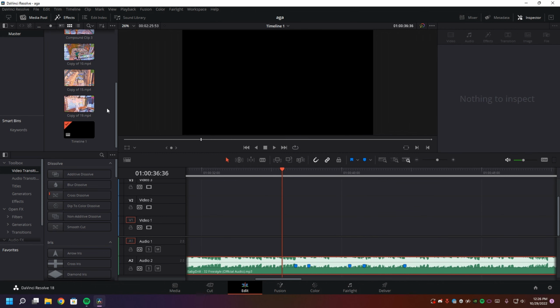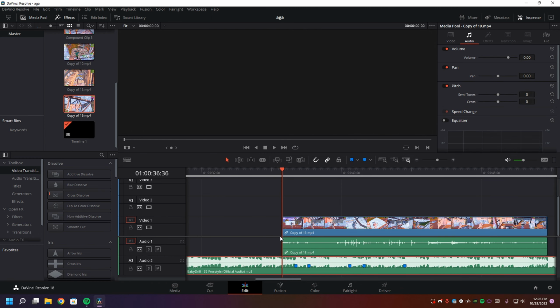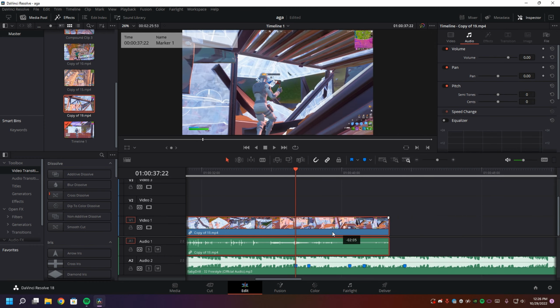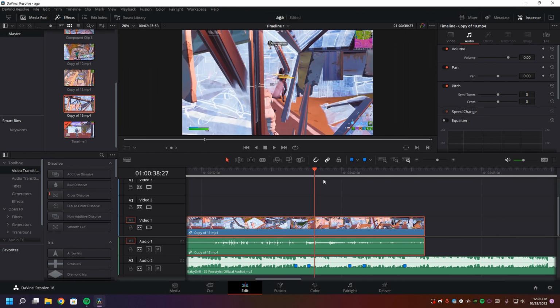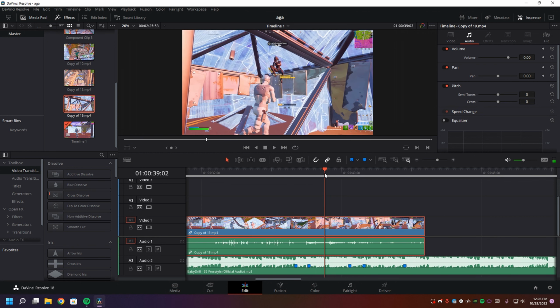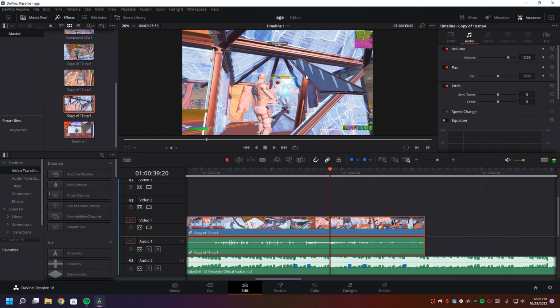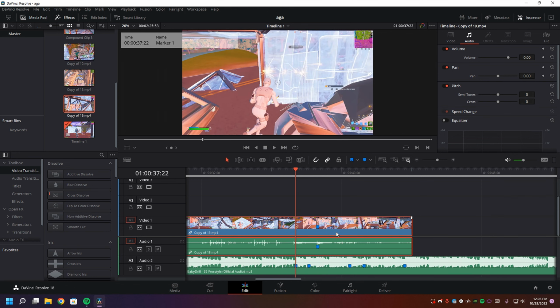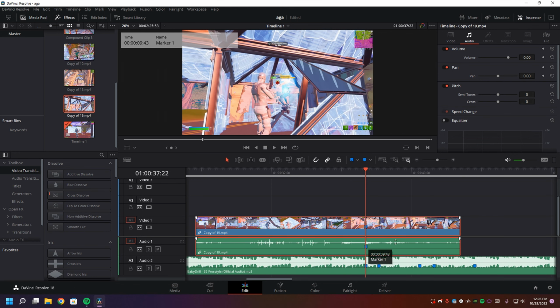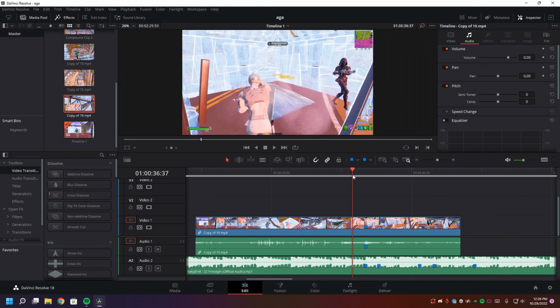So once you have it, you want to import your first clip into the timeline. So I got mine right over here, and then you want to find out where the palettes appear on your clip. So they are gonna be right here, as you can see in the middle of my preview. So once you see them, hit M on your keyboard. So that is gonna make a marker on your clip. So now what you want to do is line those markers up together. The clips is gonna be perfectly synced